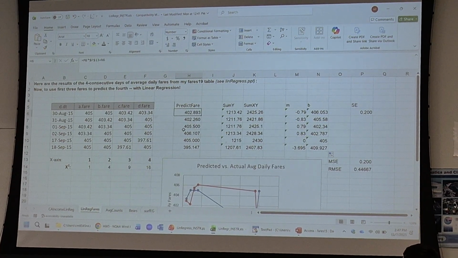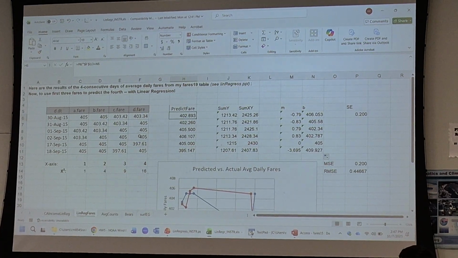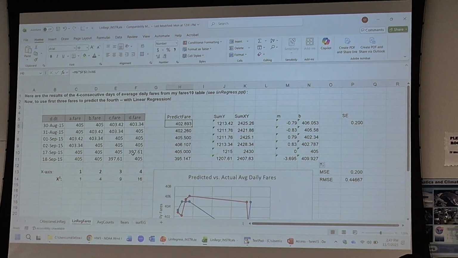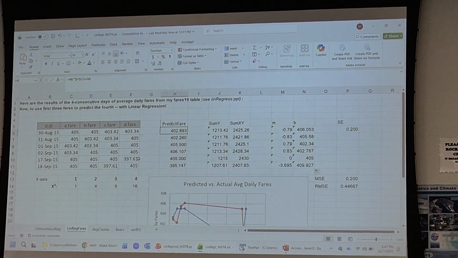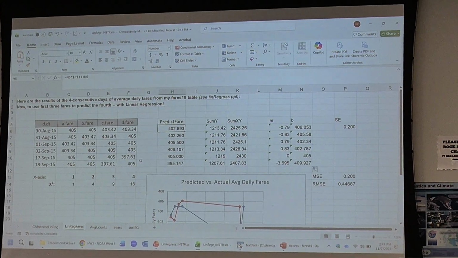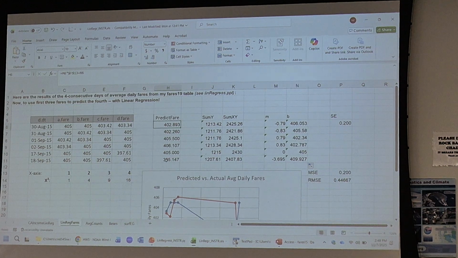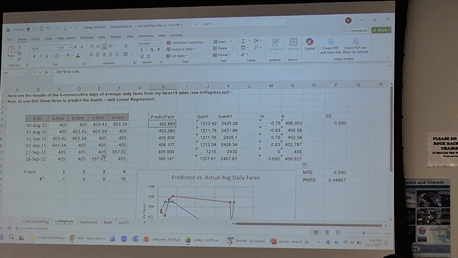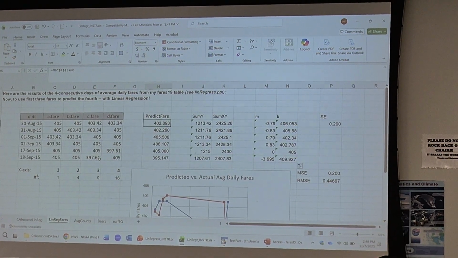402.26 for this guy. 405.50, oh, that's pretty good. 406.107, okay, a little bit further away. 405, actually that day there was a big price drop, and so I'm not surprised that my linear model didn't get very close to it. The previous few days were okay. And now when we incorporate that price drop in trying to figure out the M and B for the next prediction,